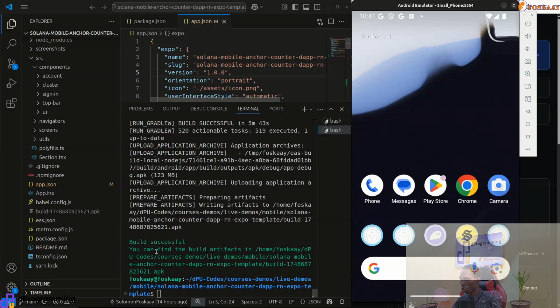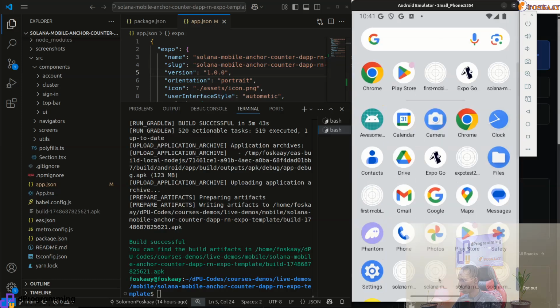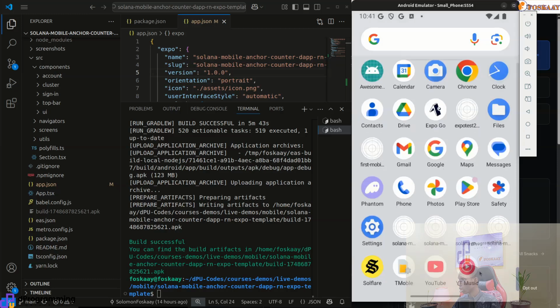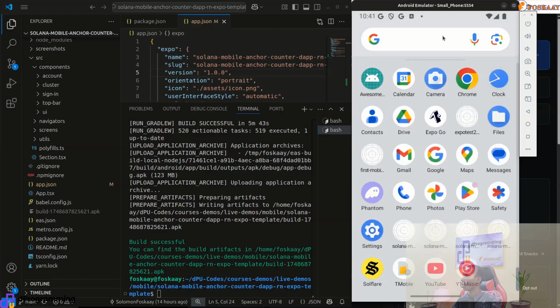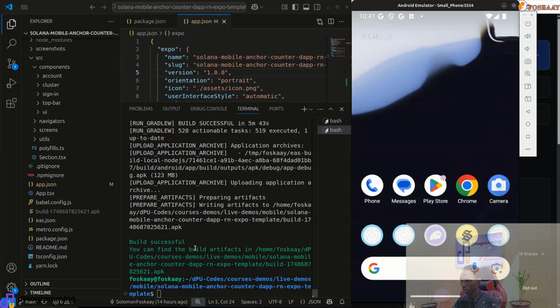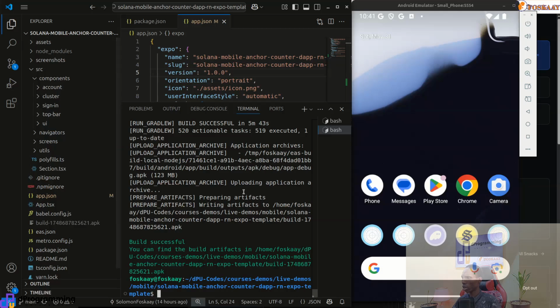So we'll be able to know which one, as long as you have installed it into the emulator, like you have seen, I've successfully installed it. That's why this Solana Mobile something was 3 before, is now 4. So let's go back, and we need to run it now. To run it,